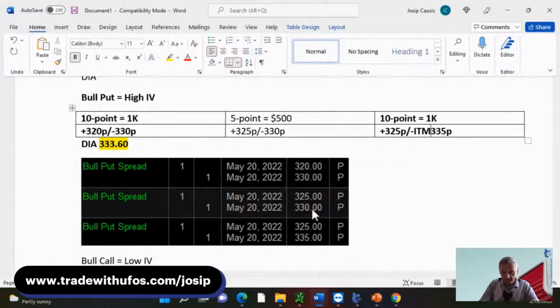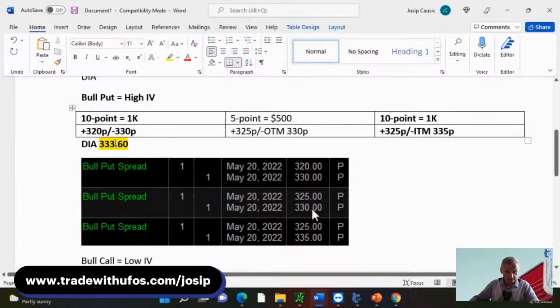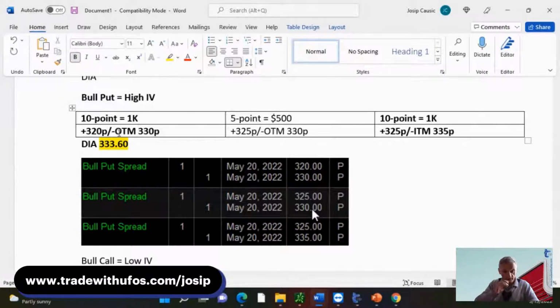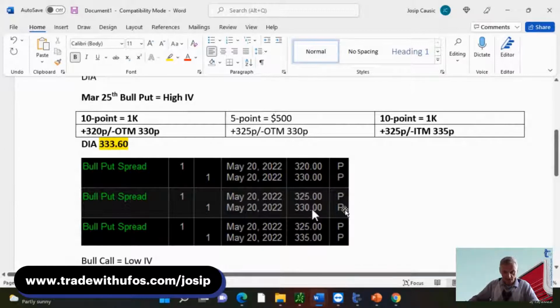Okay, this is then in the money. This would be what? Out of the money. And everything is in relationship to what? To where we are. And this is also out of the money. Are you following me on this? So here I do not want to make... What do we decide? We want to actually trade March 25th. So we're going to be trading the bull put for March 25th using these strike prices.